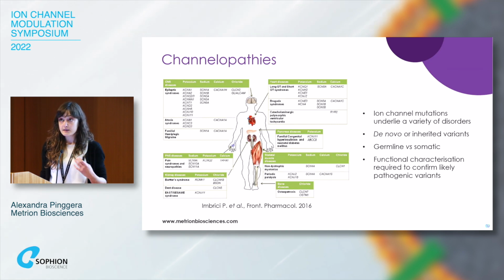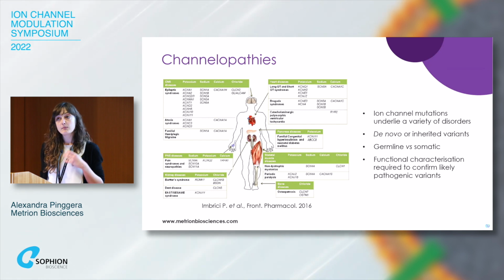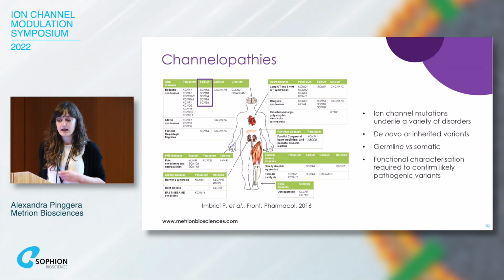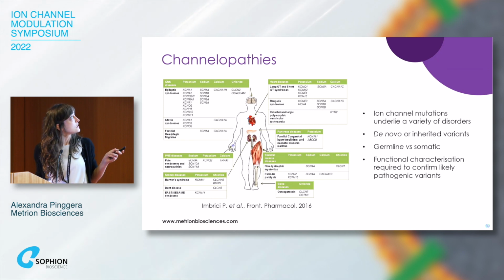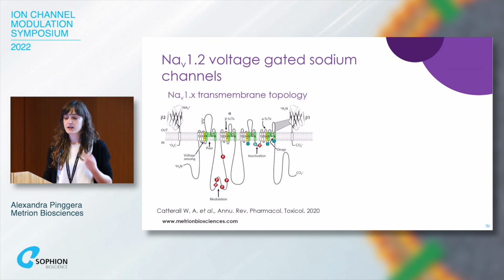Such missense mutations can occur spontaneously, where they are called de novo mutations, or they can be inherited. They can be present in the germline or be localized only to a specific tissue, but then they are called somatic mutations. But we still need to functionally characterize these to really see whether they are likely pathogenic. And today, as I said already, I will be focusing on mutations occurring in the SCN2A gene, which encodes the